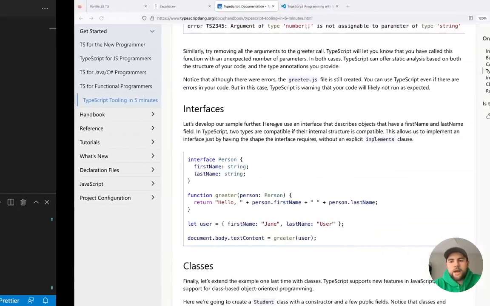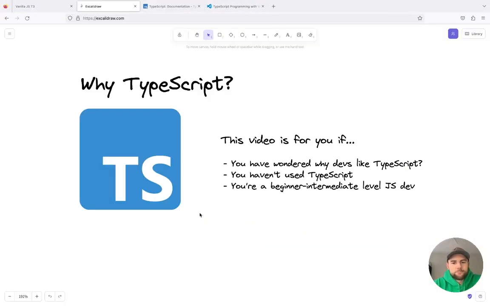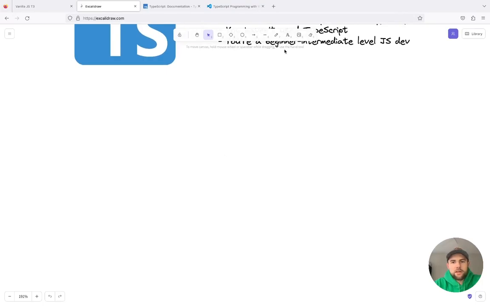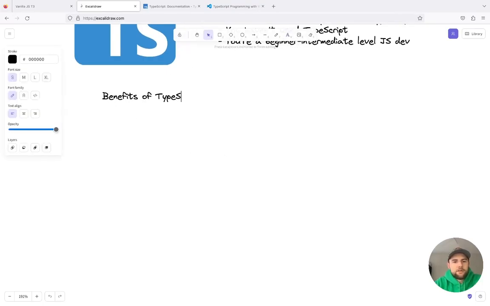So let's go back to Excalidraw here and come down here and say benefits of TypeScript. So you could definitely go through a laundry list of things that TypeScript helps with, and there's plenty of people that go and do that, but I'm going to keep it simple here and just give one or two reasons why it is beneficial for your code base.